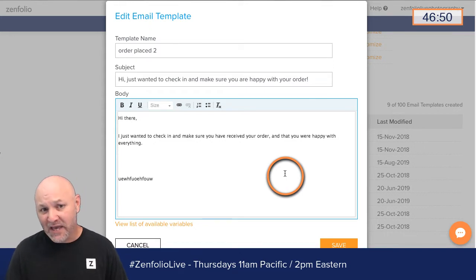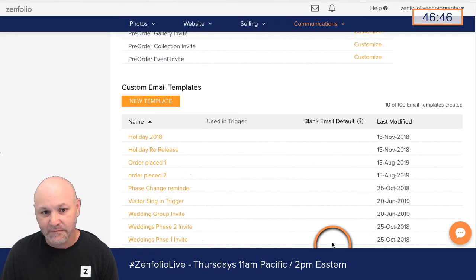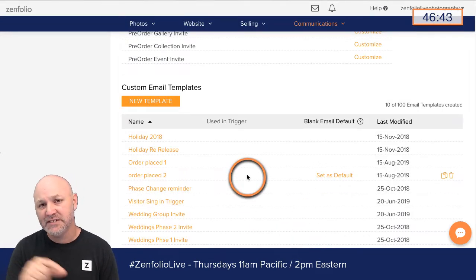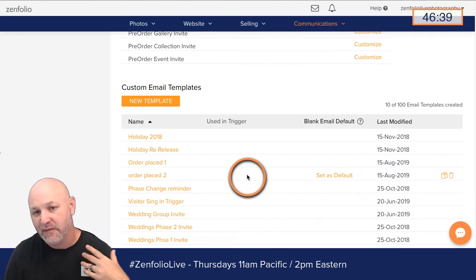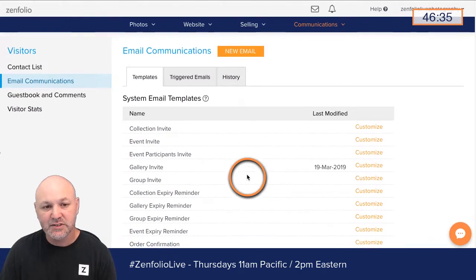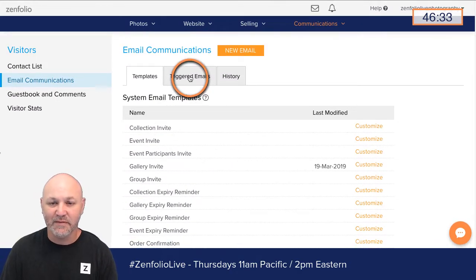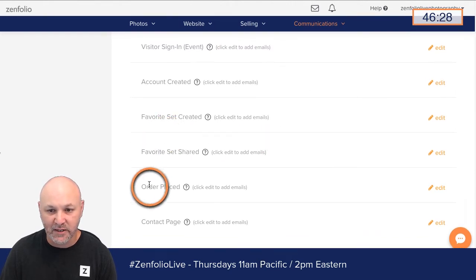So now we have those 2 emails set up, right? So let's save that. And then let me show you how to set these up on a trigger, and then we'll come back and we'll talk about possibly setting up a 3rd email. All right, so we're going to go back up here to the triggered emails tab. And then what we're going to do is scroll down to that order place tab right here,